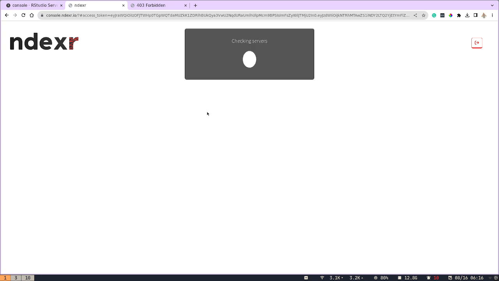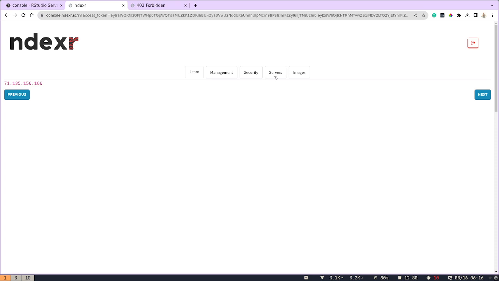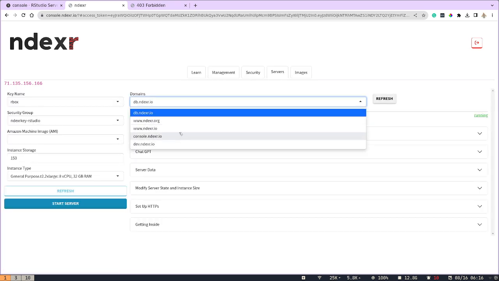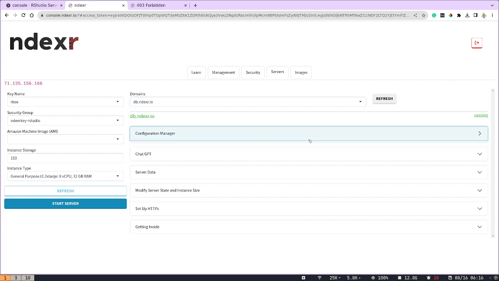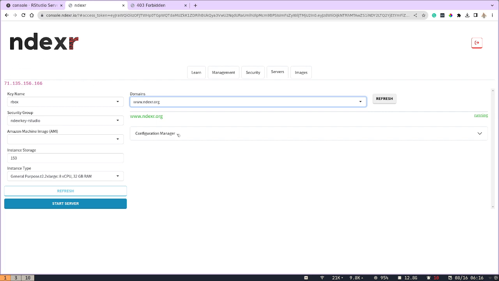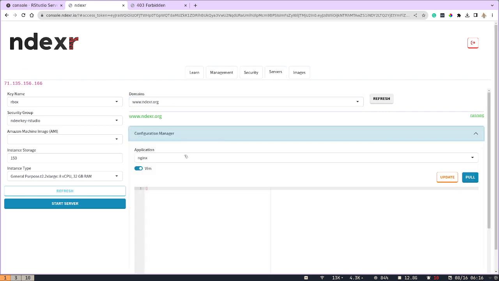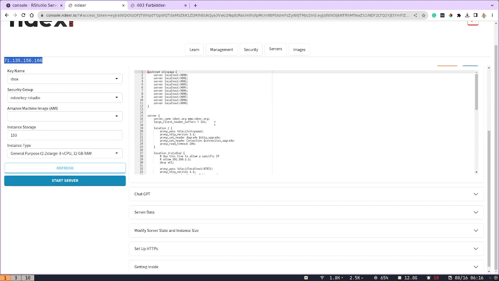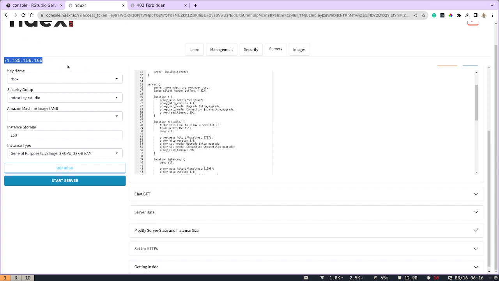So let's see here. Let's get through servers. Just see if it's in here. Okay, perfect. So let's go to the server. Okay, now here's our Nginx configuration. Let's click on Pool. And what we're going to do here is scroll down. We've copied this. All you have to do is click it and scroll down, and we're going to update this